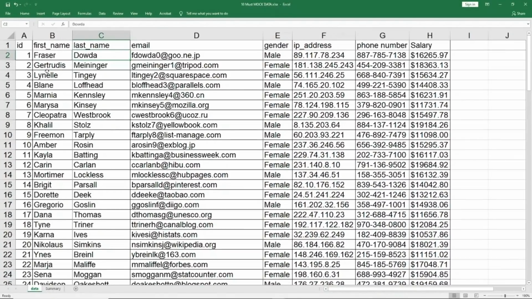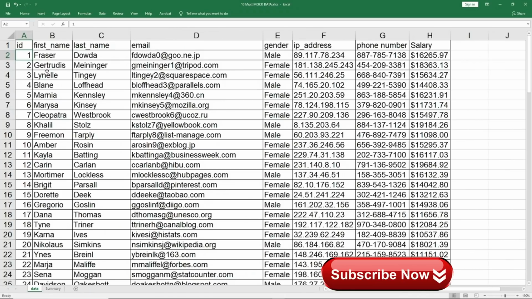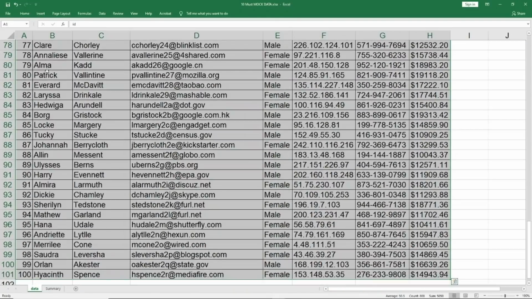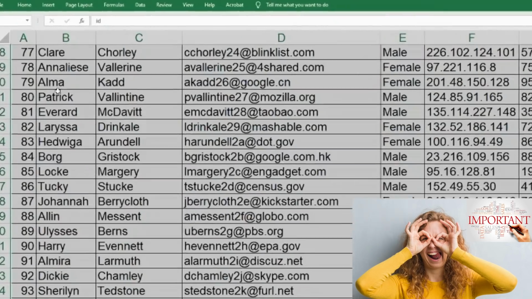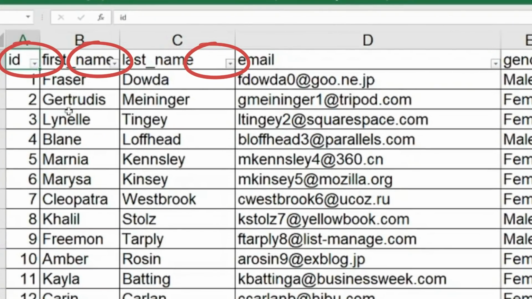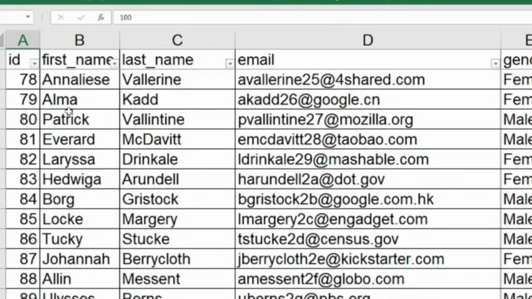If I'm unfreezing it because I'll be using something else, Alt W F F again. So my entire data is unfrozen, you can see. The next thing I like to do is either select the data and convert it into filters. So Alt D as in David, F F. Now you can see the filters are there. But in this also I like to come down to row 2 and press Alt W F F, freeze panes, so that my heading remains there.